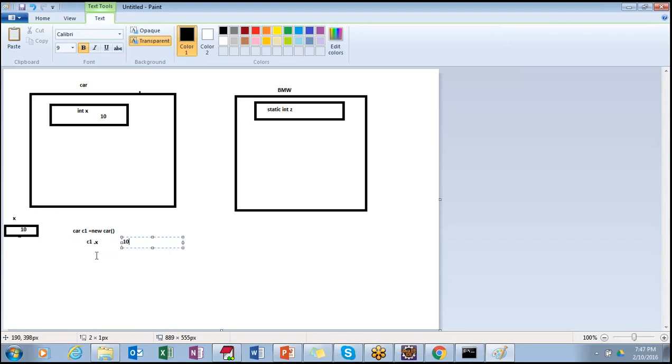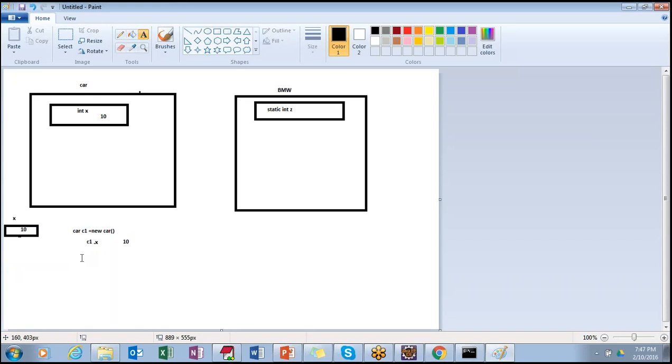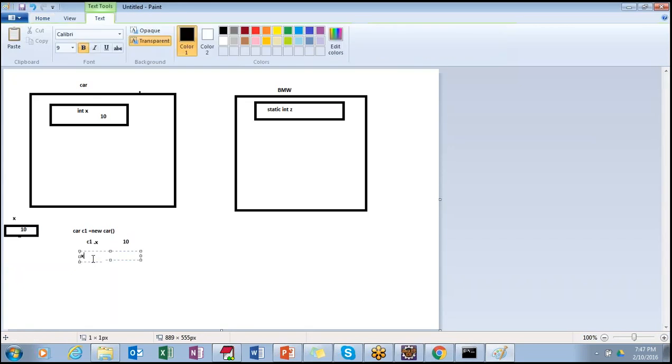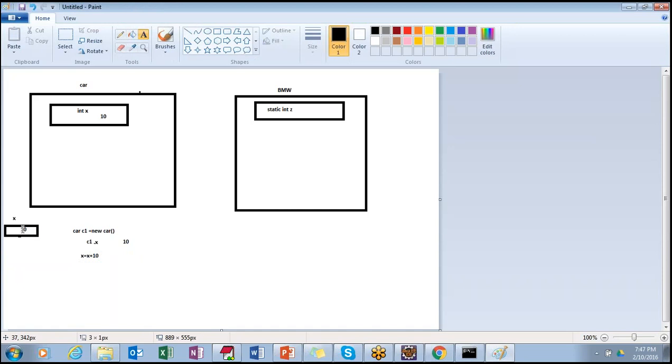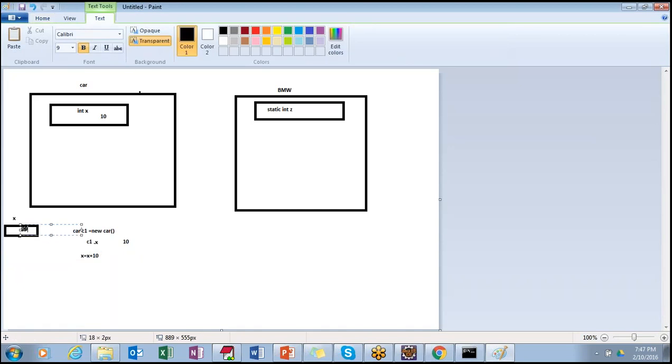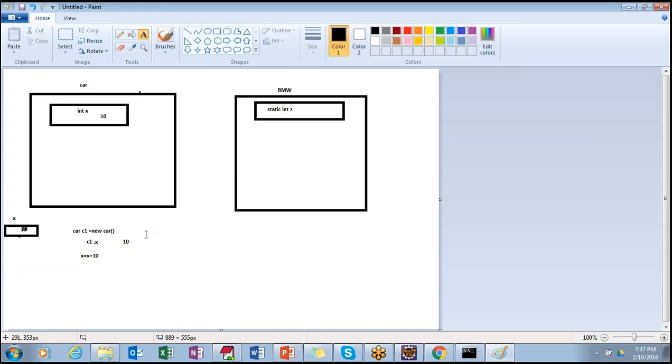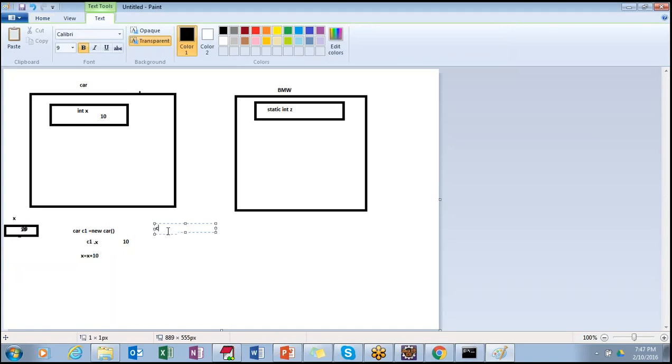Got it? So in some cases, if I manipulate this value in the same code, if I say x equal to x plus 10, what will the value of x be? It will be updated to 20. Suppose I create the car with c2 and write new Car().